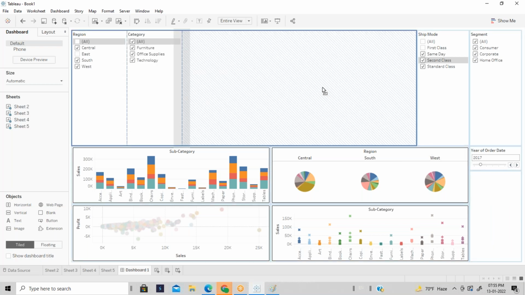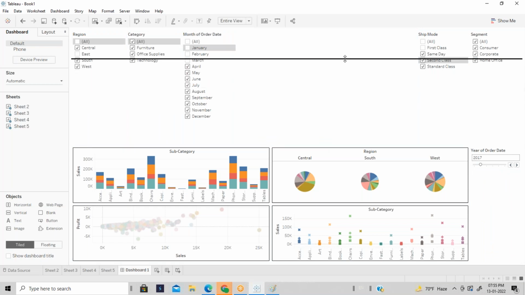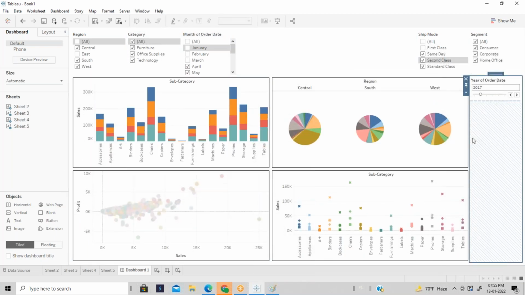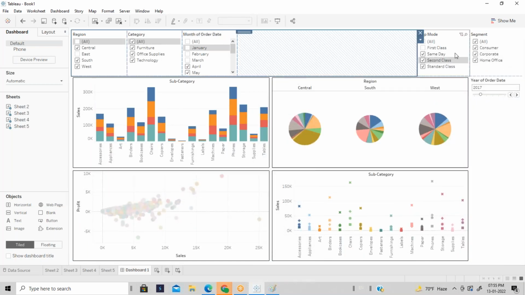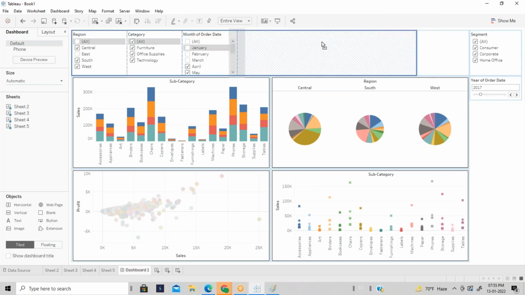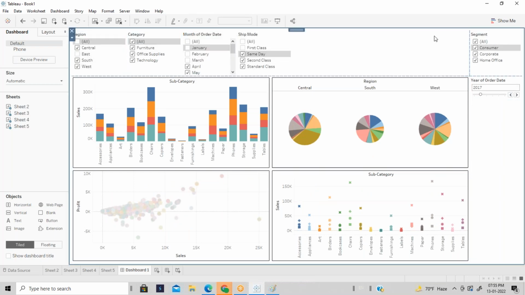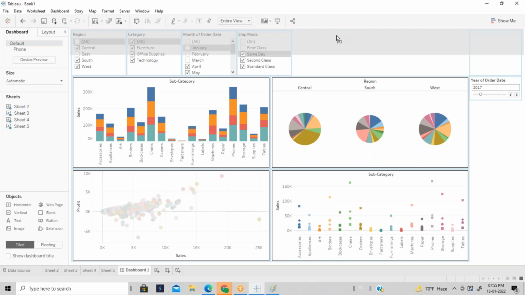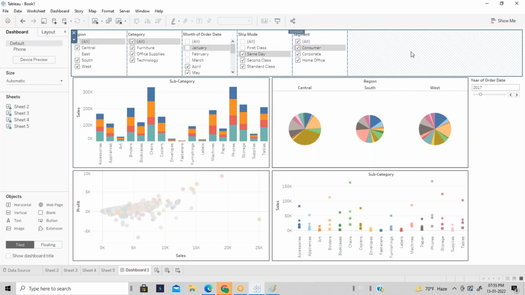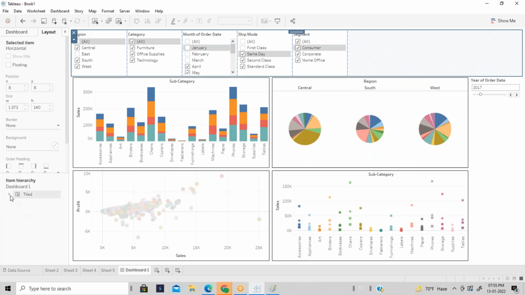Taking all the filters, put it here. So this looks not good, right? So I just added everything in one container. If you see, a separate horizontal container is added, and the list of filters is available here, right?